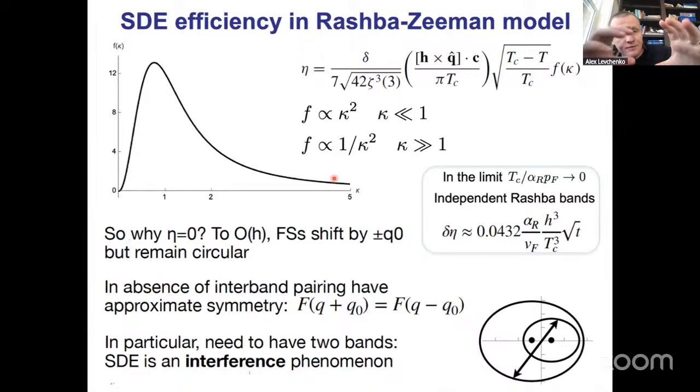So basically, if you have two bands that are very far away from each other, this effect is also gone, because in our understanding, the non-reciprocity of the critical current, the diode effect, is interference of interband pairing in these models. And miraculously, or quite curiously, this prediction by a group of Spain that the diode efficiency vanishes in the limit